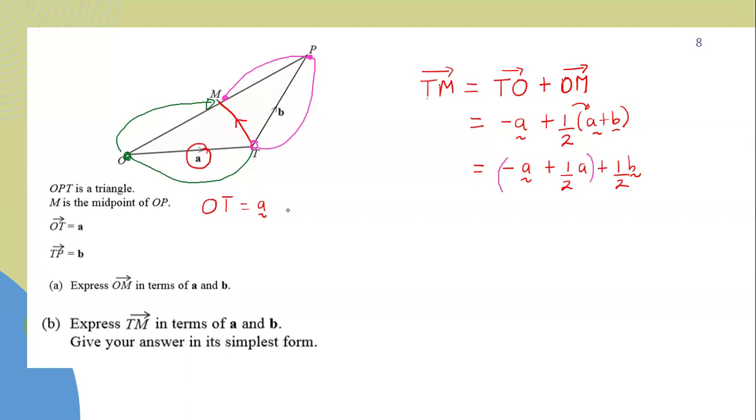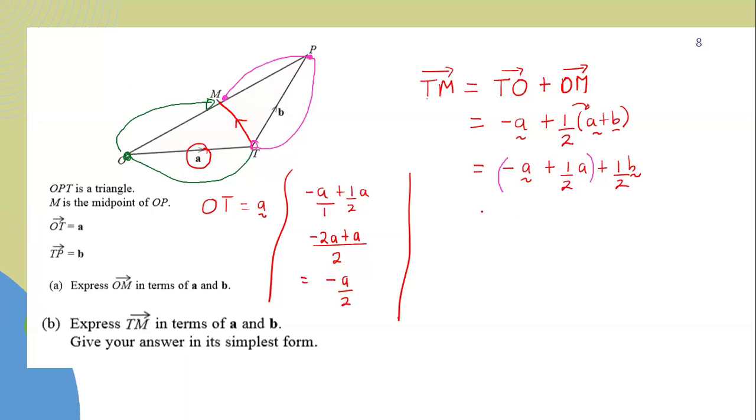Now, let me just use side work. As part of my side work, this is negative A plus a half of A. So I hope everyone knows that here, there is 1 out of 1. Meaning that your LCM here is going to be 2. So you say 2 divided by 1 is 2 times negative A becomes negative 2A, plus 2 divided by 2 is 1 times the other one becomes A. So here negative 2A plus A becomes negative A out of 2.